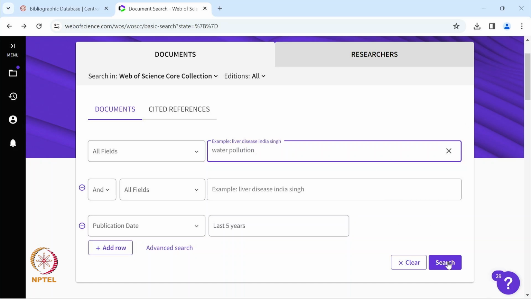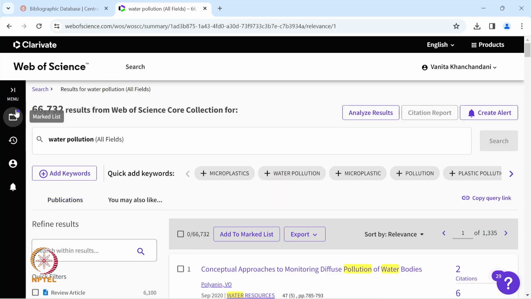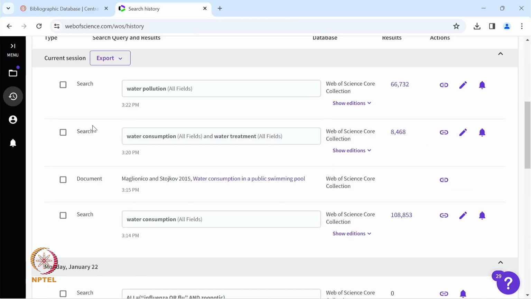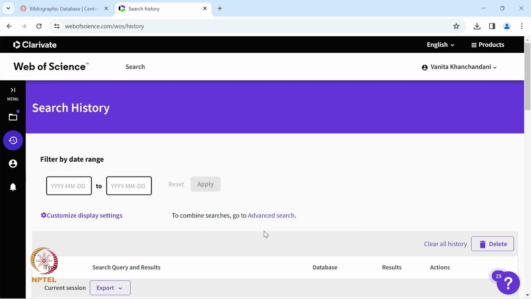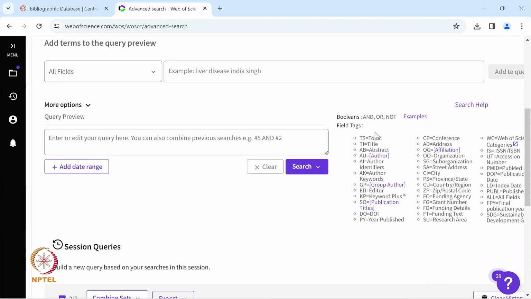Now we are searching water pollution. For the last 5 years, this many results we have got, and in history we can combine the terms water consumption and treatment along with water pollution. You can combine these two search terms. To combine searches, go to advanced search. Terms 3 and 2 can be combined,